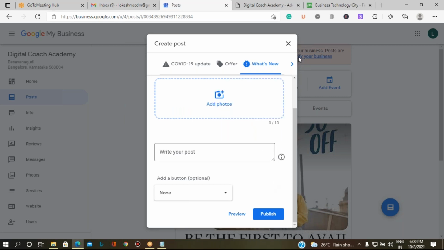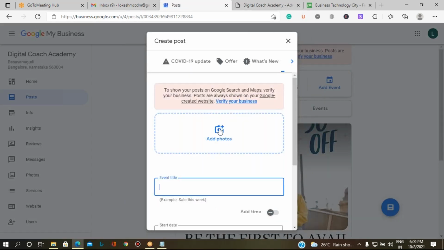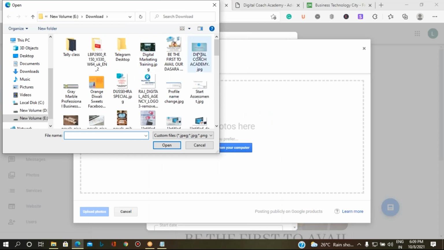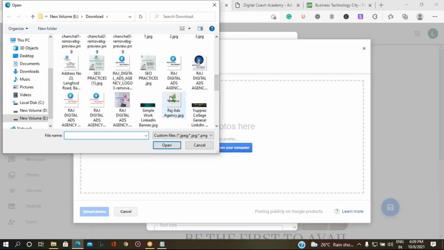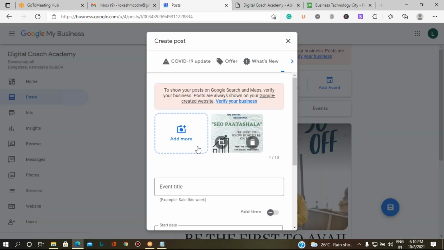Instead of adding it in What's New, I'll add it into an event. So I've added the image.